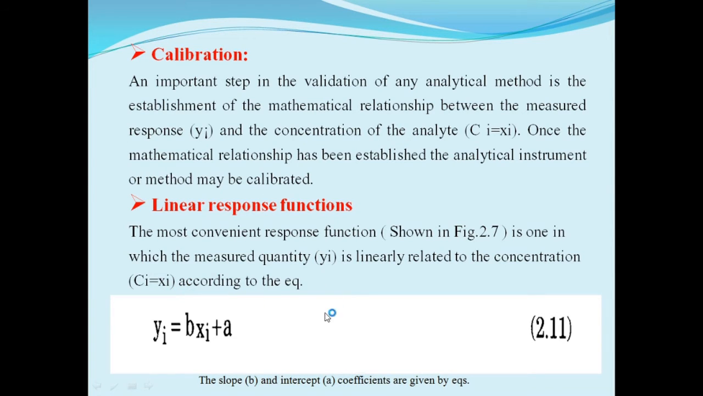According to the equation, the measured quantity yi is equal to B into Xi, Xi being the concentration, plus A. The constants B and A: the slope is B and the intercept is A. The coefficients are given by the equation